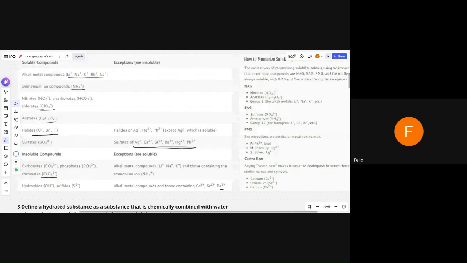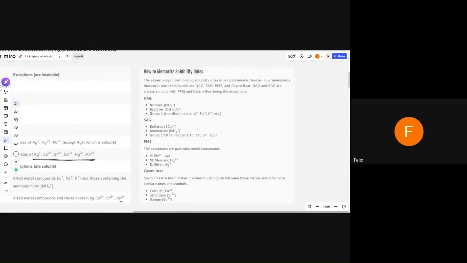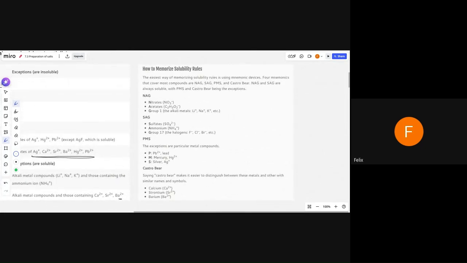So now how can you memorize this? I have included this information here. The easiest way to memorize solubility rules is using mnemonic devices. Four mnemonics that cover most compounds are NAG, SAG, PMS, and Castro Bear. NAG and SAG are always soluble. For example, nitrates, acetates, and group 1 elements. And then SAG: sulfates, ammonium, and group 17. Not a very good mnemonic, but